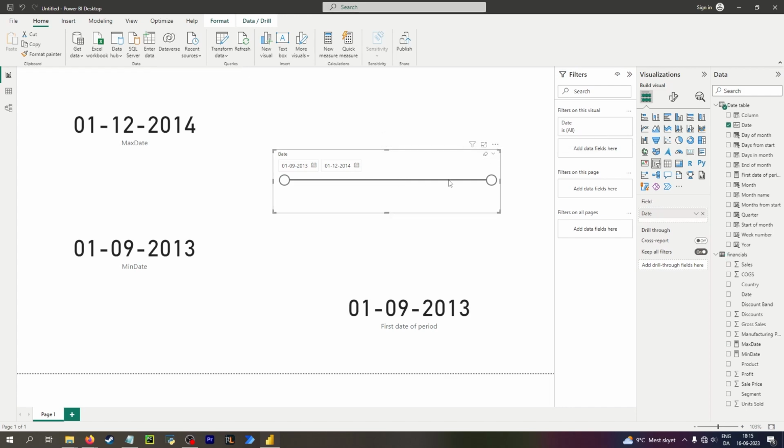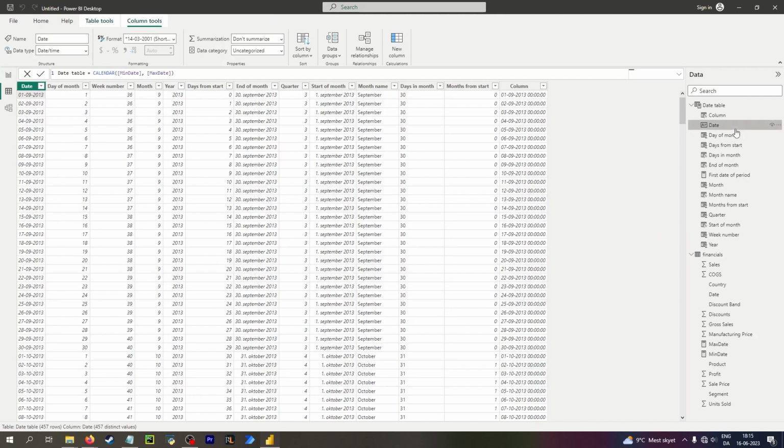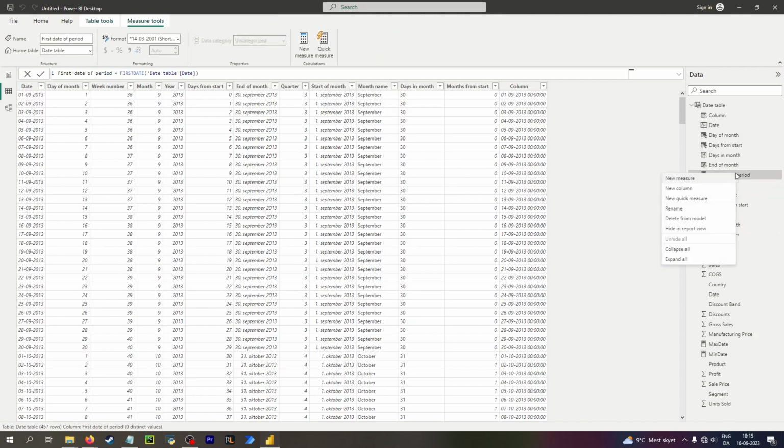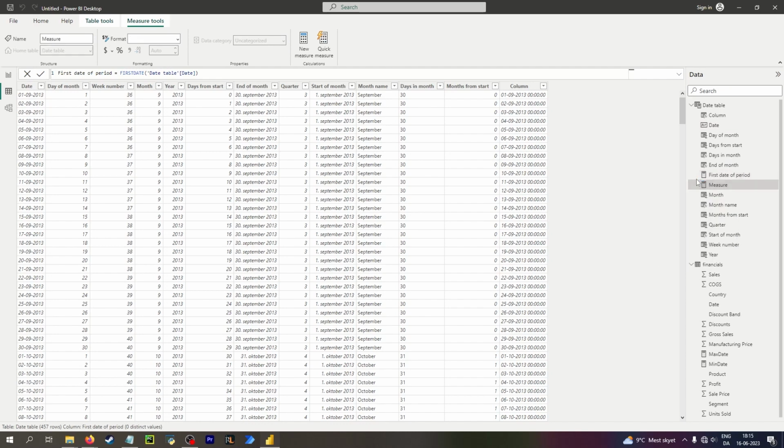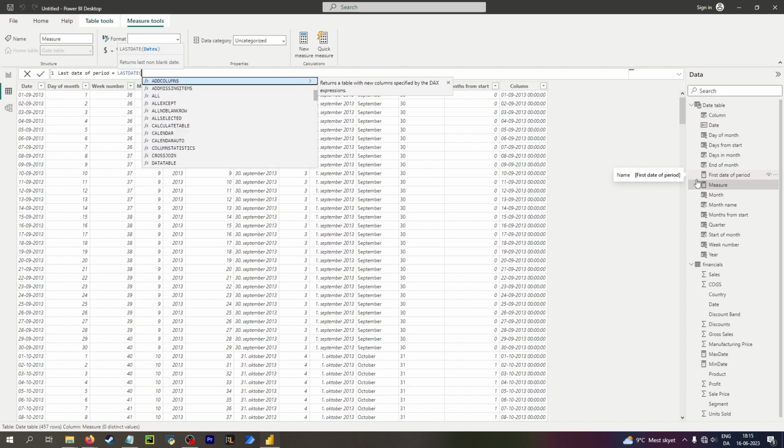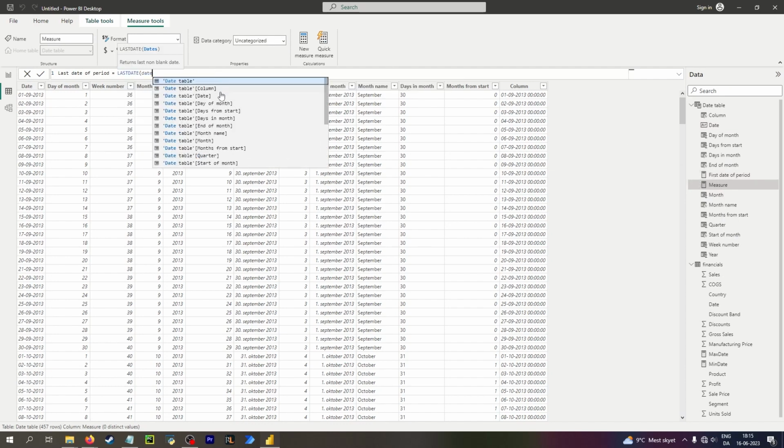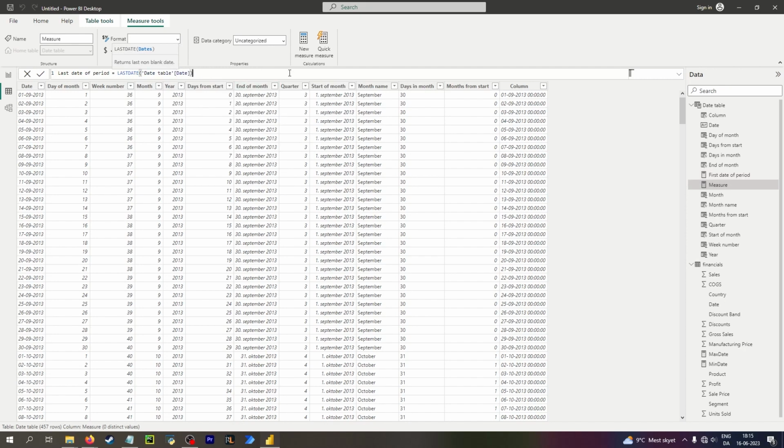Okay. And then I guess that should be a last date too. So I have first date of period, and then I want to have one called last date of period. Yeah, so there is one, and then I can say date and date. And then when I add this as another card,